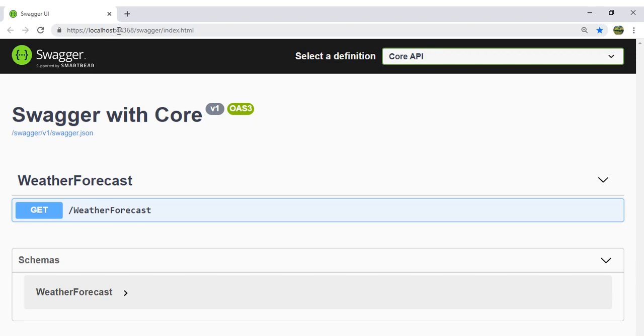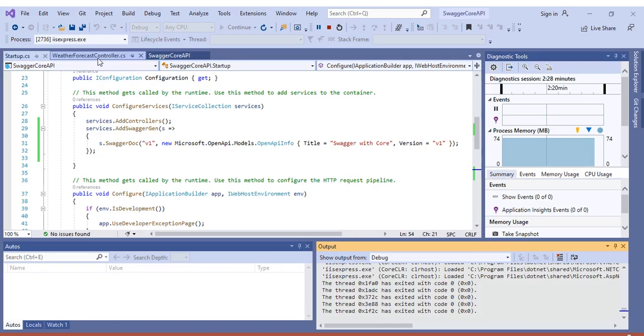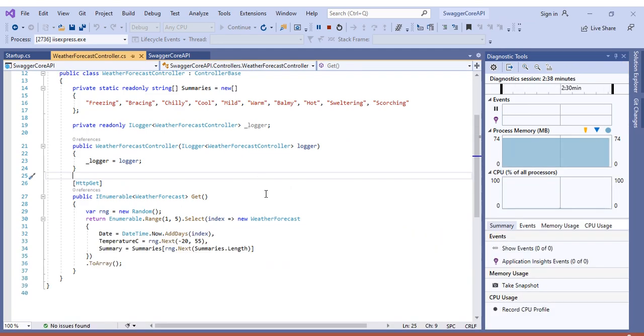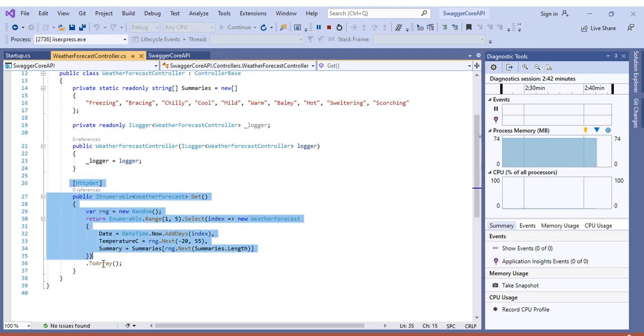You can see localhost 4478, after that swagger and index.html. And here we can see the methods that our weather forecast controller is exposing, like the get method. So it has only one method, that is the get method, that we can see here, this one.